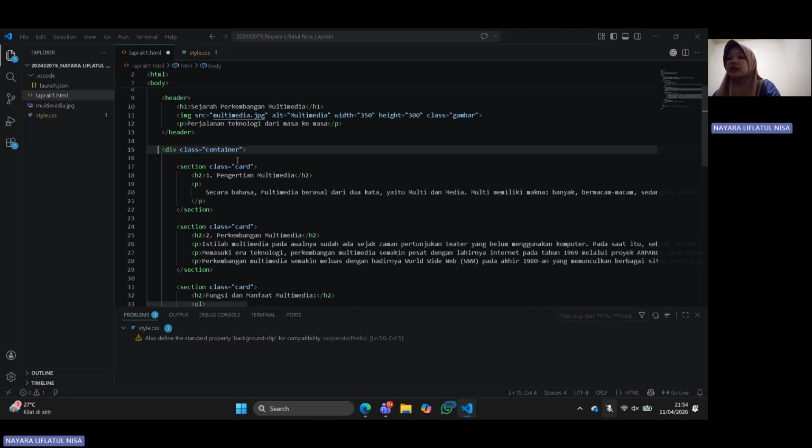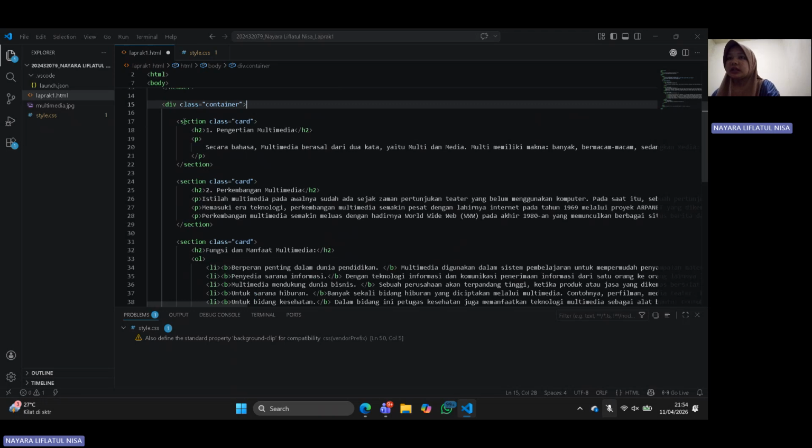Each section has a class called part, which is used for styling. The first section is the definition of multimedia. It describes multimedia as a combination of various elements such as text, audio, video, and animation.